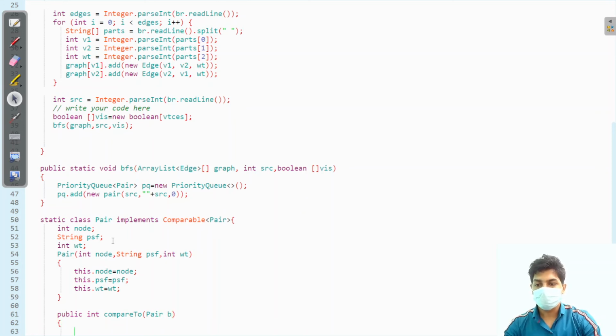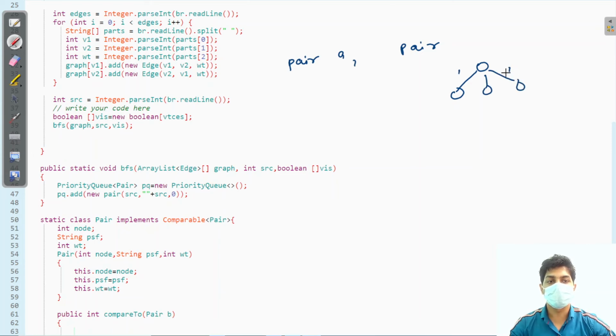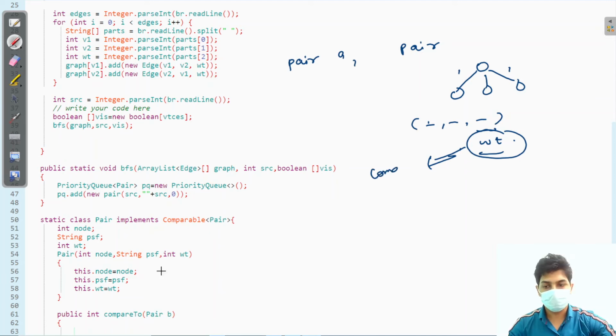If there are two elements of the pair type, pair A and pair B, here in the graph, if this is our graph, we are interested in the weights. That is, if our pair class has 3 properties and we are interested in the weight, the one with the lesser weight, we want it to come first. So this is what we are going to write over here,